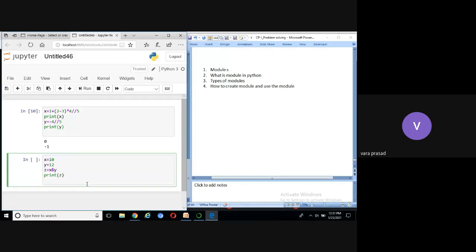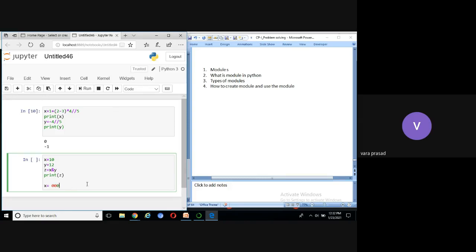How to check what is the binary value of x? x equal to 1010. Am I correct? x equal to 1010, for example. Is it correct or not? x equal to 0001010.